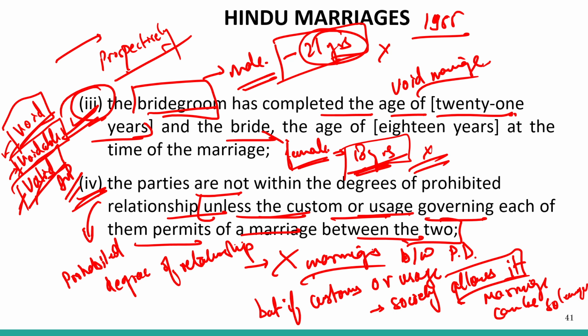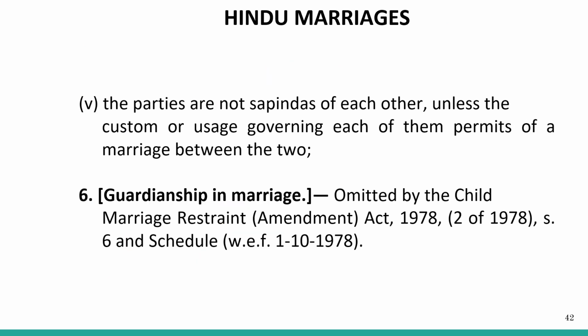So you need to remember that this third condition, which talks about age, if not fulfilled, the marriage by default will be considered a void marriage. The parties are not sapindas of each other, which we have already covered, unless the customs allow it. So we have already understood this in our previous conditions. If we summarize the conditions required under the Hindu Marriage Act, the first is